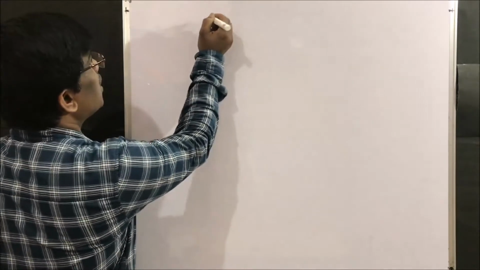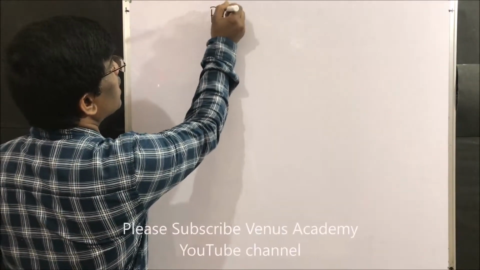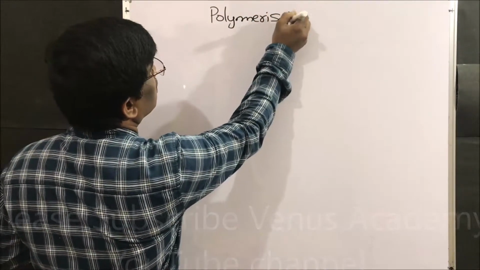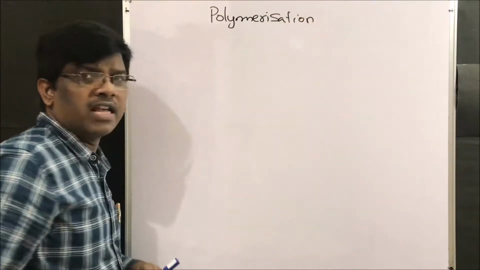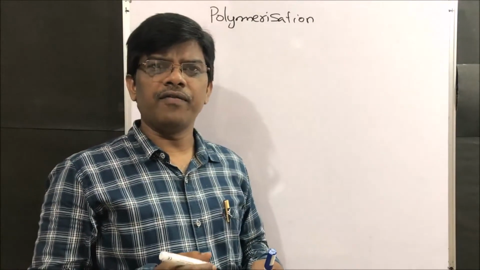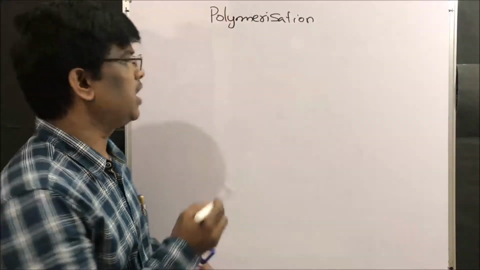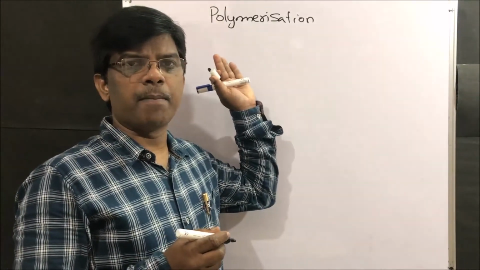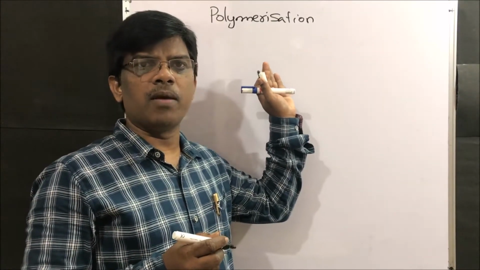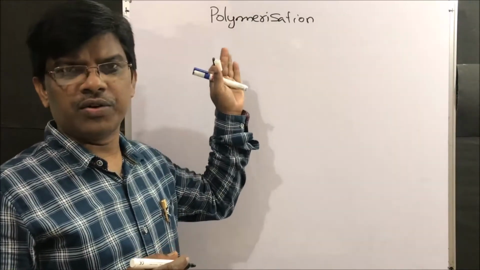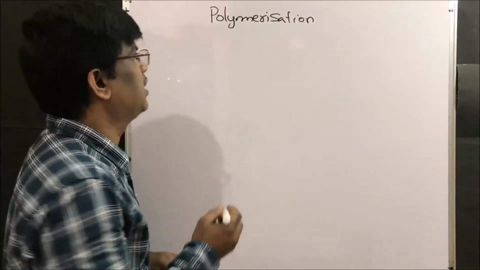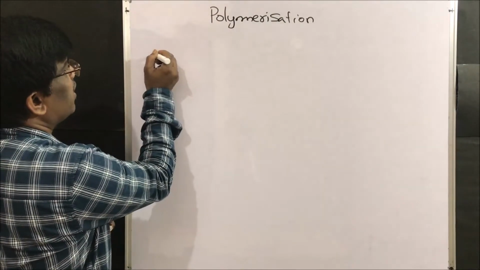Dear friends, today we are going to learn about polymerization. Polymerization is a topic very important in organic chemistry. So there is a separate wing, a separate branch of chemistry known as polymer chemistry. But however, today we are going to learn the basics of polymerization and types of polymerization. Right friends, let us take one example.